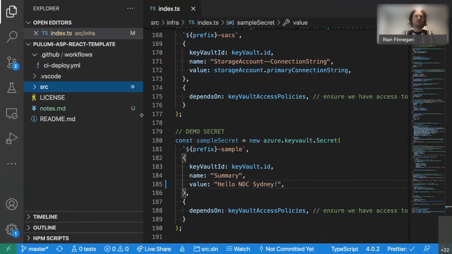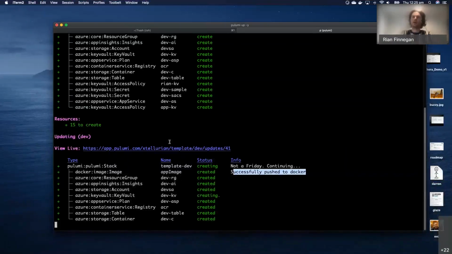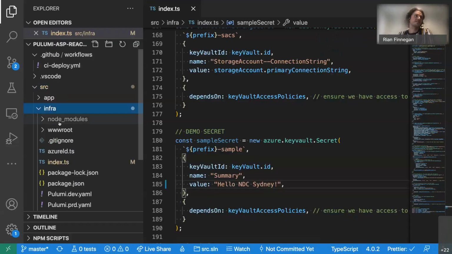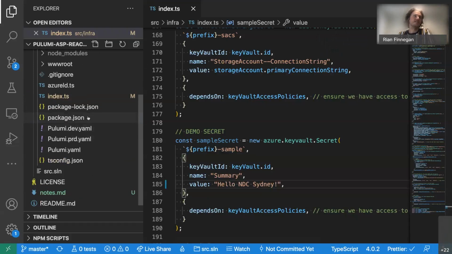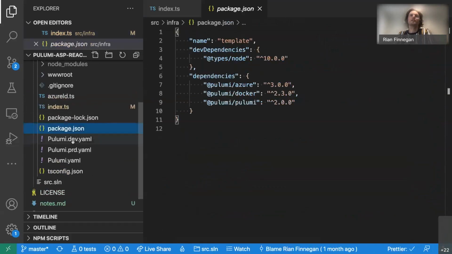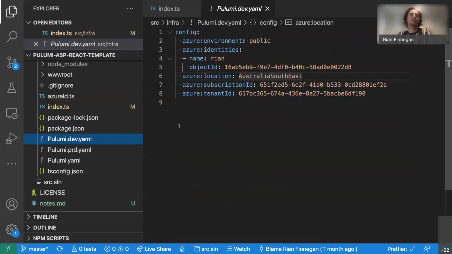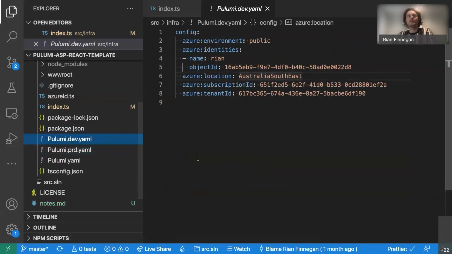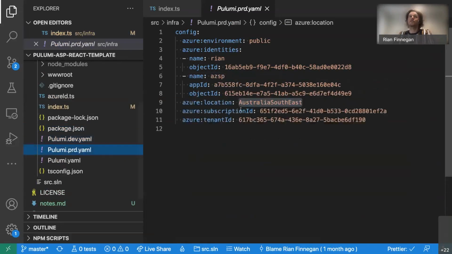So you can see from this that as long as we can run Pulumi up with an identity that has access to our Azure subscription, then we can create the infrastructure that we care about. You can also see that I've got two stacks. One of them is my development stack, and one of them is my production stack. In development, I can change the configuration if I want to, and in production, I've actually got a slightly different